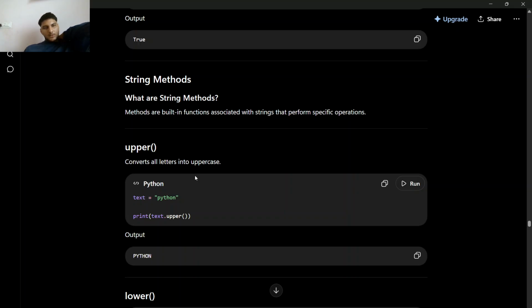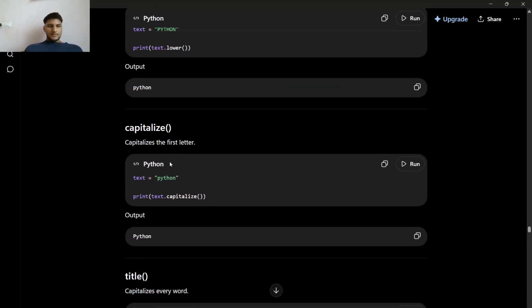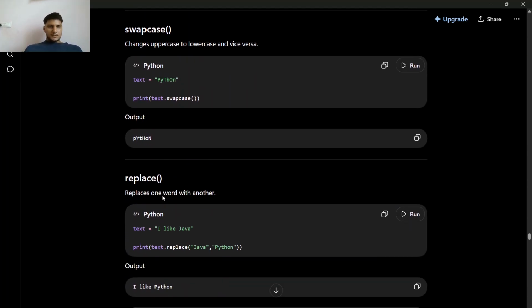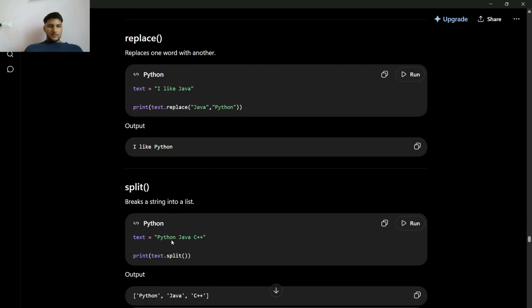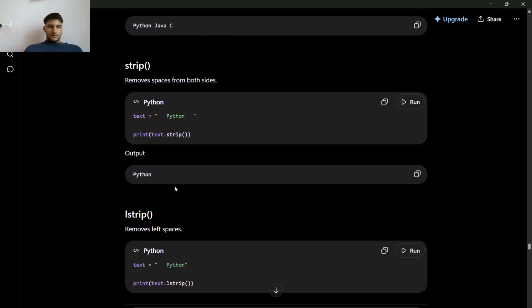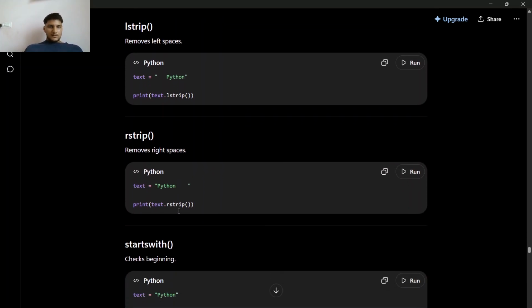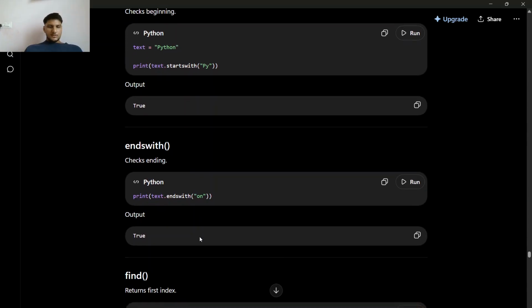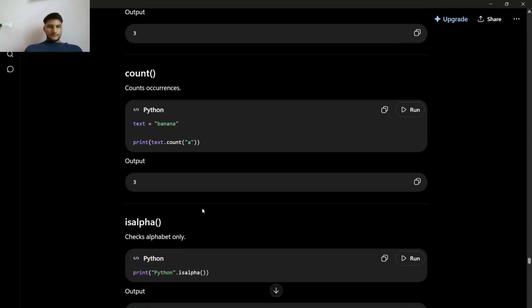String methods. What are string methods? Methods are built-in functions associated with strings that perform specific operations. So methods are built-in, predefined functions that are associated with strings, like upper, lower, capitalize, title, swapcase, replace, split, join, strip, lstrip, rstrip, startswith, endswith, find, count, isalpha, isdigit,